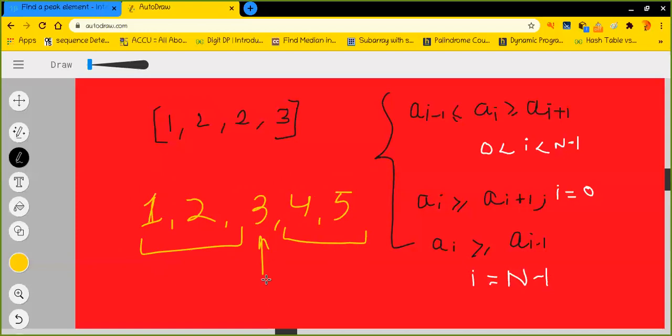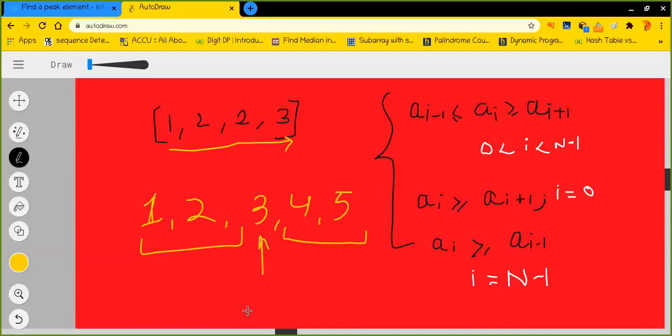The point I want to make is that I'm explaining the previous approach that I have already told you. In the previous approach, we had to traverse the entire array to find the peak element. But in the current solution, we do not have to check the entire array. We have to find some pattern where the peak element can be found, because the array can have multiple peak elements, but we are interested in finding only one. So now let's look into the pattern.